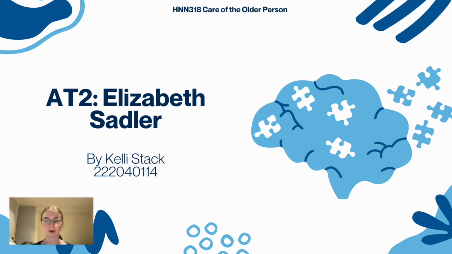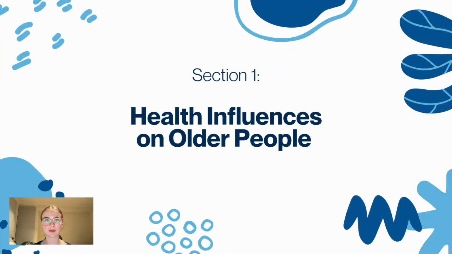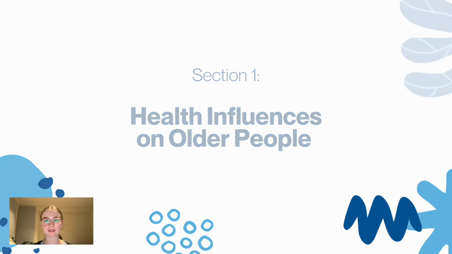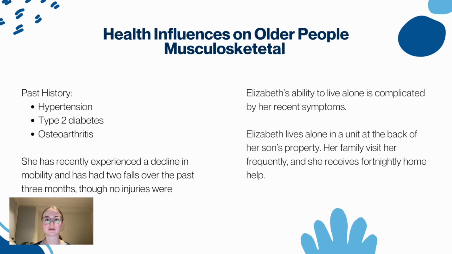AT2 HNN318, Care of an Older Person, the case study on Elizabeth Sadler. Elizabeth Sadler is an 81-year-old who has been experiencing increased mobility difficulties with 2 falls in the past 3 months. No injuries occurred. These incidents highlight the need to assess her musculoskeletal health and safety within the home